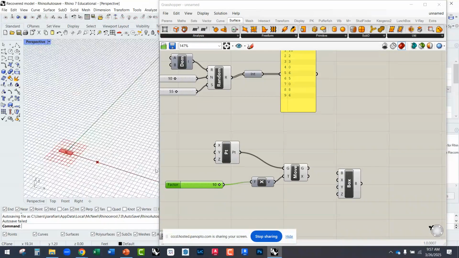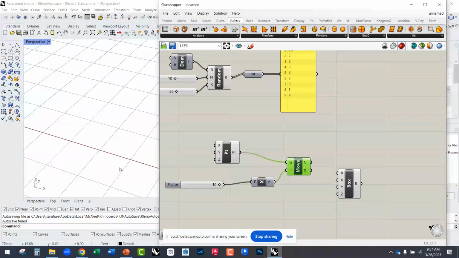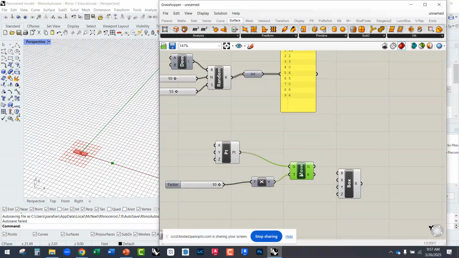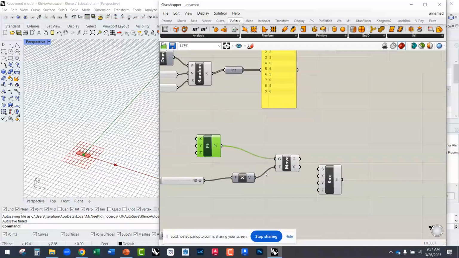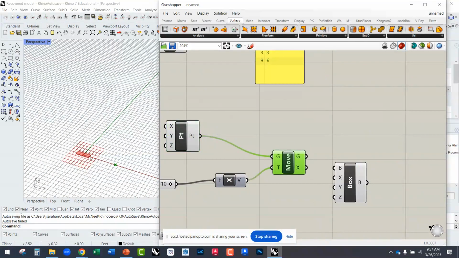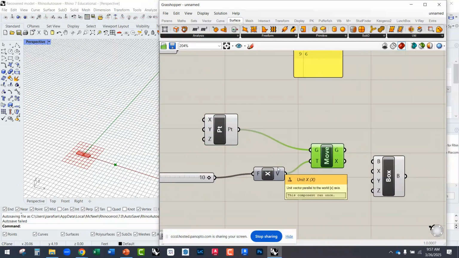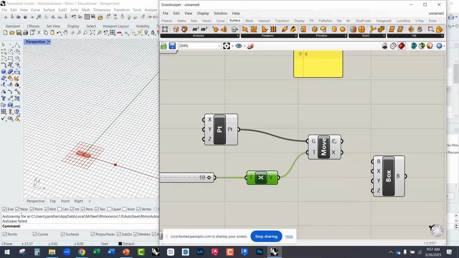So now I'm moving that point, and again, it's green when it's selected. So the moved point is here. The original point is still at my origin, but I'm moving it over 10 units to the right. And Grasshopper uses whatever units your Rhino file is set in. So if my units are in inches, it's going to move it 10 inches. If it's in feet, it'll move it 10 feet. Millimeters, same thing. So I'm moving it 10 Rhino units, which is in this case,